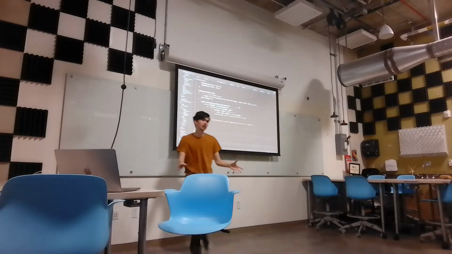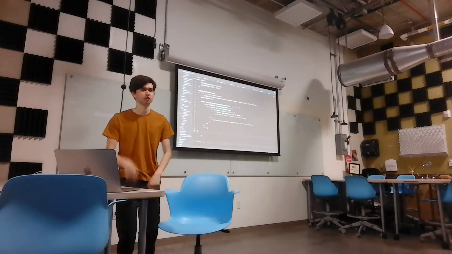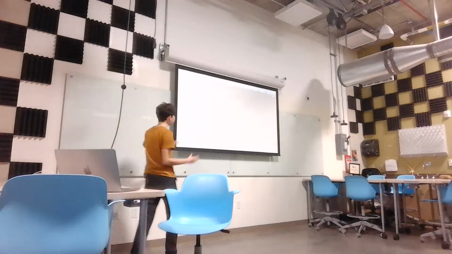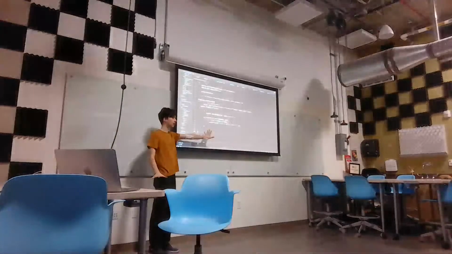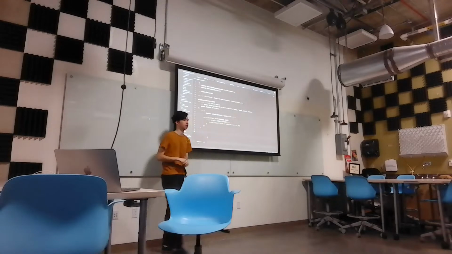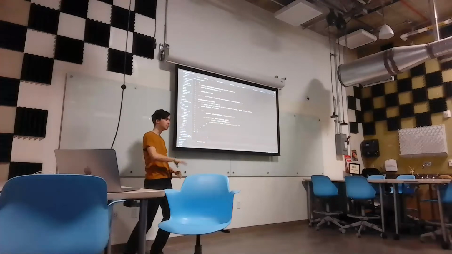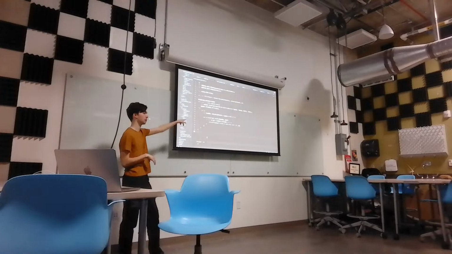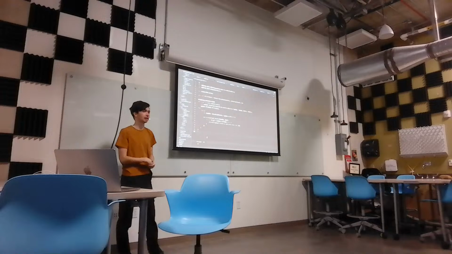Okay, but surely sending a command, that must be hard, right? Because there's so many different commands we can send. Let's see what that looks like. It's even shorter. All right, so this thread, this is a thread, by the way, sits here and awaits a new command to send. So this thread is sitting, not taking up any resources. The moment someone somewhere pushes a command to the command queue, commands to send,